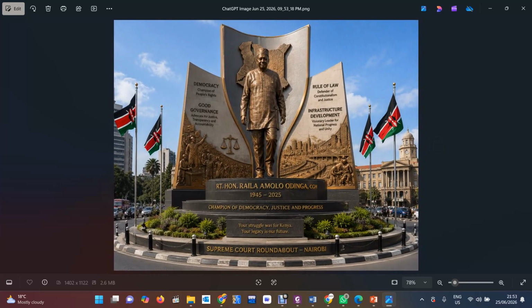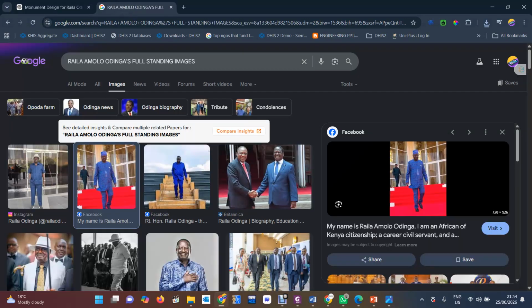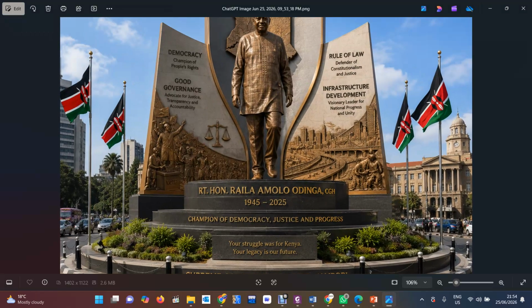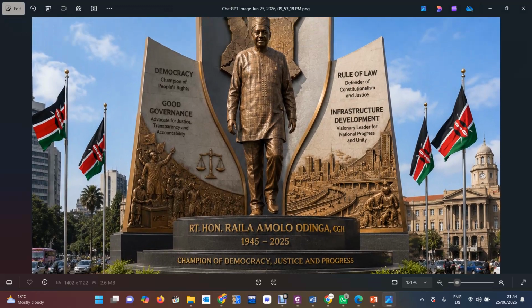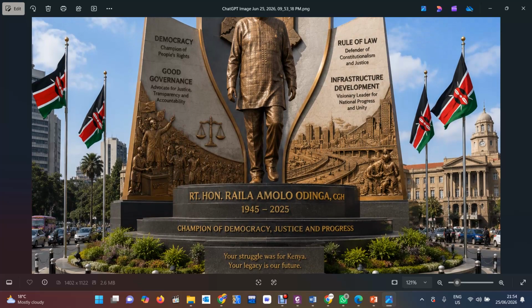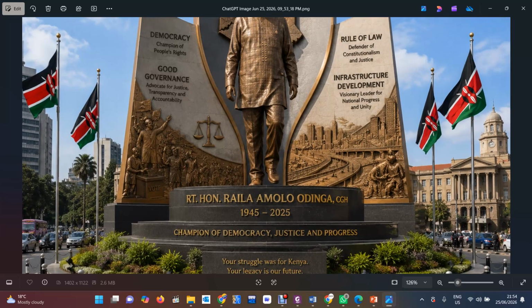So it has used the image that we searched for it here, and you see with that cape, that is what it has attached there with that cloth, and then use some information about him. He's a defender of the constitutionalism and justice, infrastructure development, a good governance, and a democracy champion of the people.